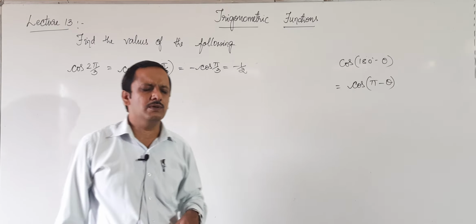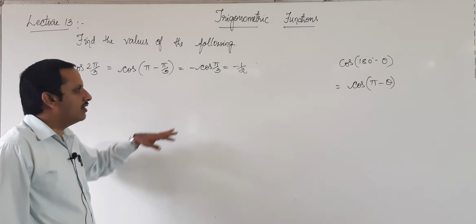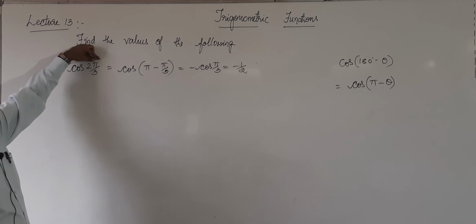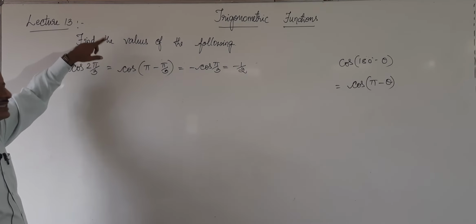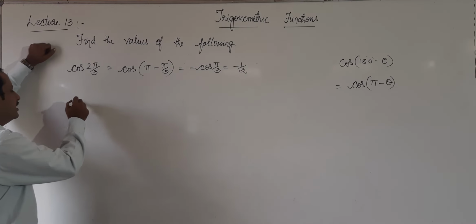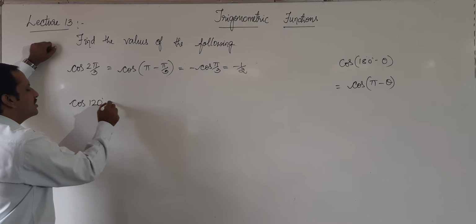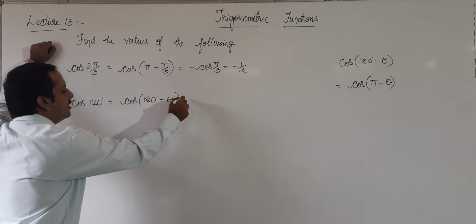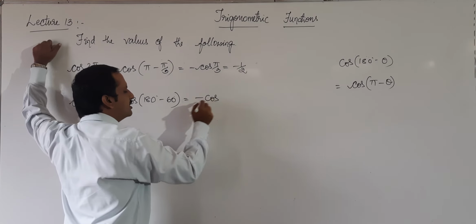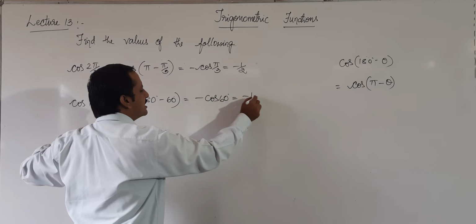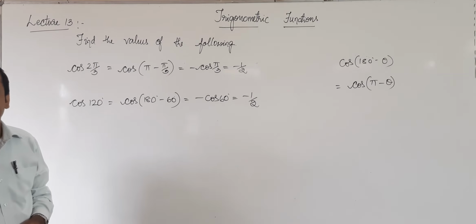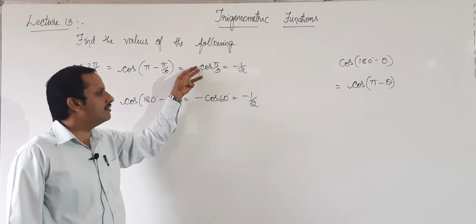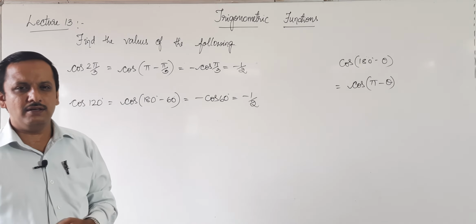Okay? If you have not understood, you can convert it into degrees. Pi radians is equal to 180, so 180 by 3 means 60, and 60 into 2 is 120. So cos 2 pi by 3 is the same as cos 120 degrees. That 120 can be written as 180 minus 60. Second quadrant, negative, using the horizontal line, same function, cos 60 equal to 1 by 2. So the answer is minus 1 by 2. You can do it in this way also, but you should have this knowledge as well. Okay, next.